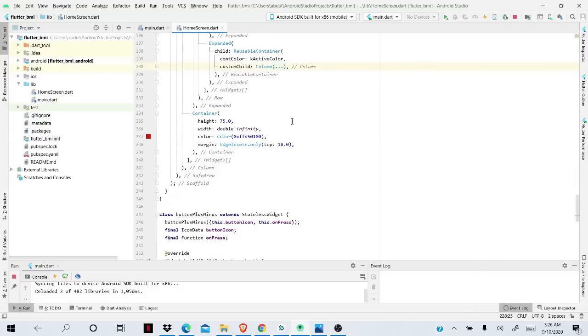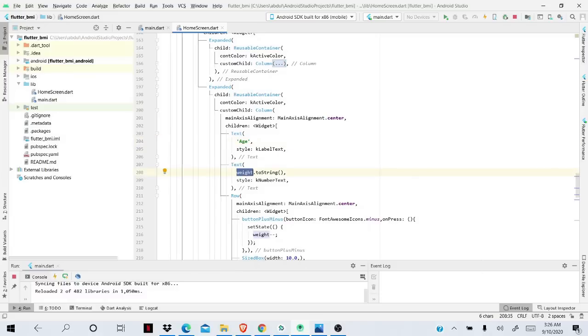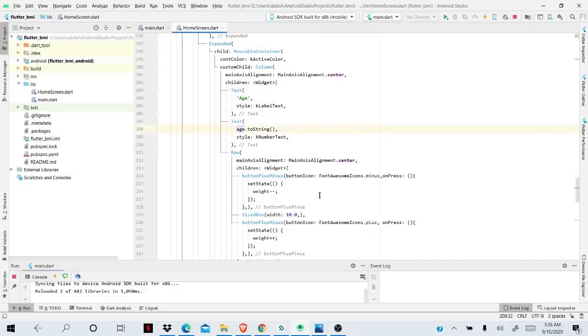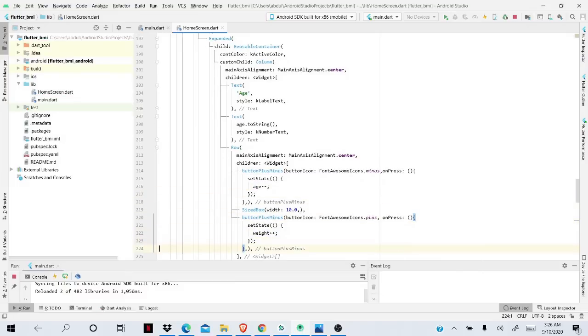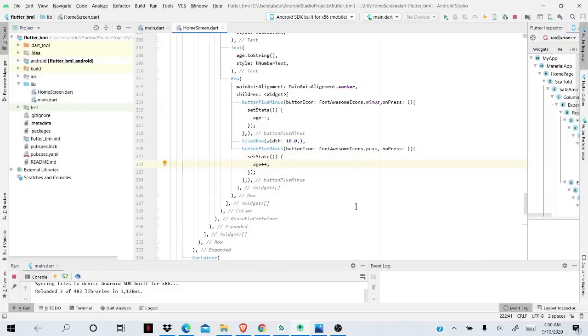Alright, and in this custom child, instead of weight we're going to say age, age dot toString, and instead of weight minus minus we say age minus minus and age plus plus. And as soon as I save it,